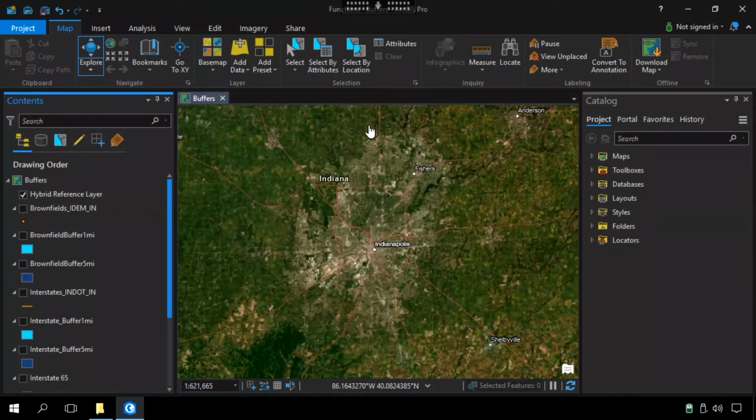In this video, I'm going to introduce you to proximity analysis in a GIS. We'll look at how ArcGIS, in this case, has created different buffers based on different inputs. Our inputs can be a point, line, or polygon, but the output is always a polygon feature. What I mean by that is, here are the brown fields, and this is a point layer,